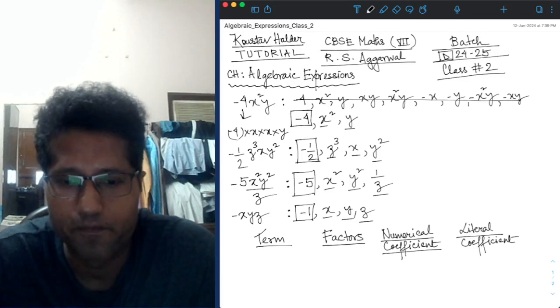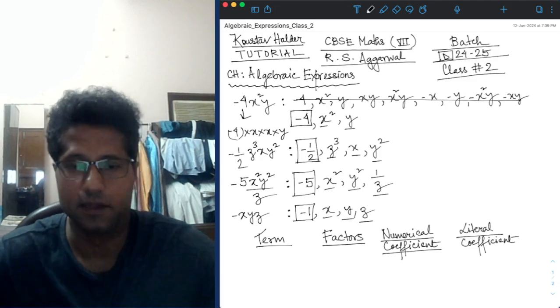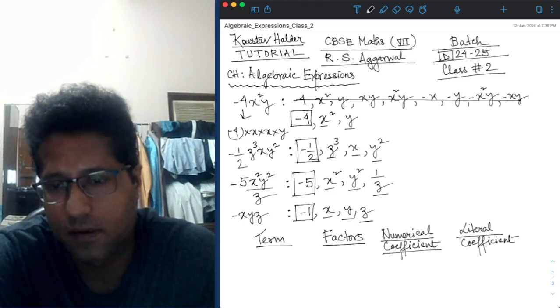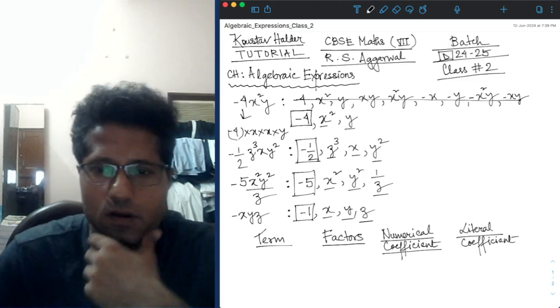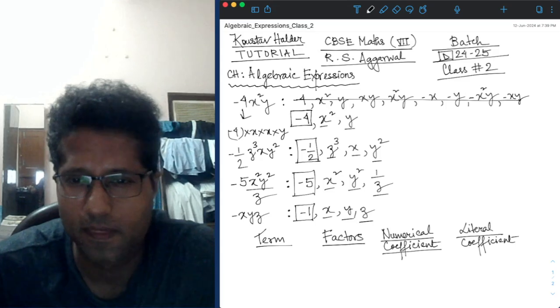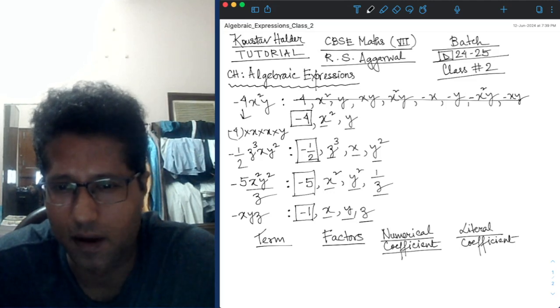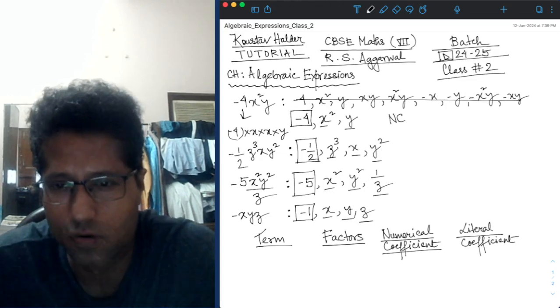Now, another two concepts of a term are the numerical coefficient, also called the coefficient, and the literal coefficient. For the first term, I'm writing numerical coefficient in short as NC. Numerical coefficient is